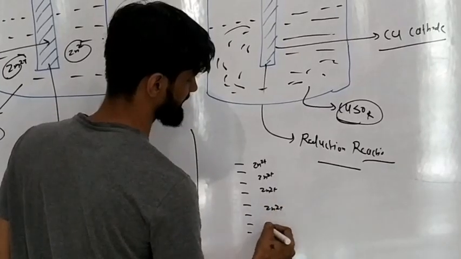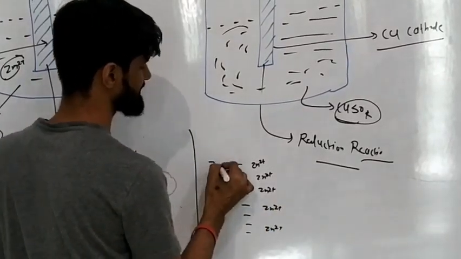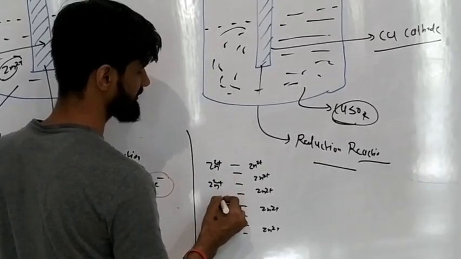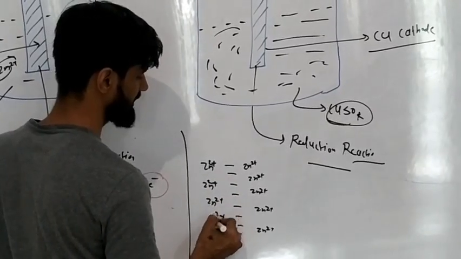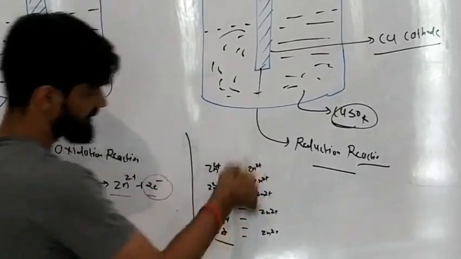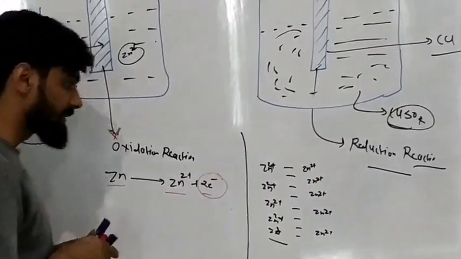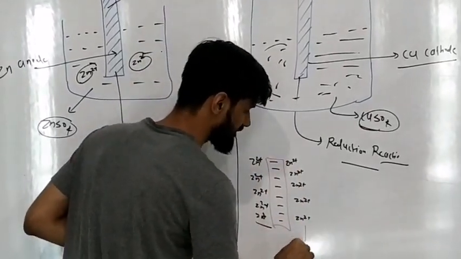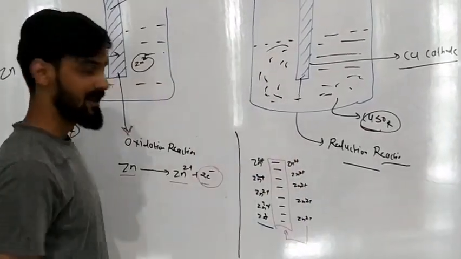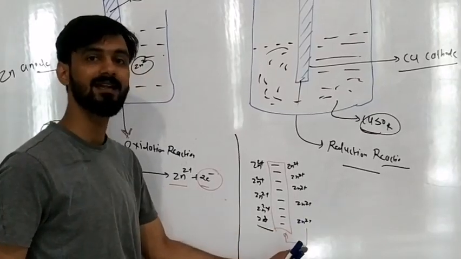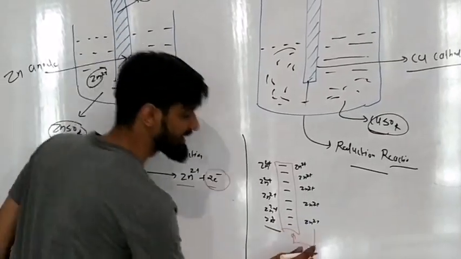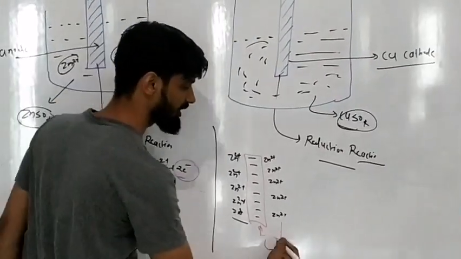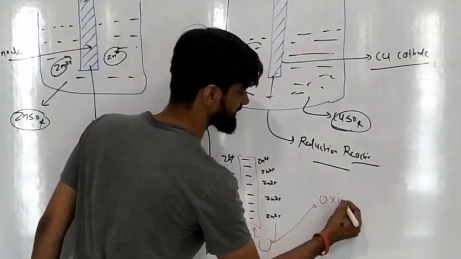So this will be the Zn2+ ion. And my dear friend, the same symmetrical condition will happen on both sides of the anode. The situation will be like that. A potential difference will get created between the electrolytic solution and this anode. This is the anode, and this is the electrolytic solution in which Zn2+ was present. So a potential difference will get generated over here, and this potential difference will be called the oxidation potential.